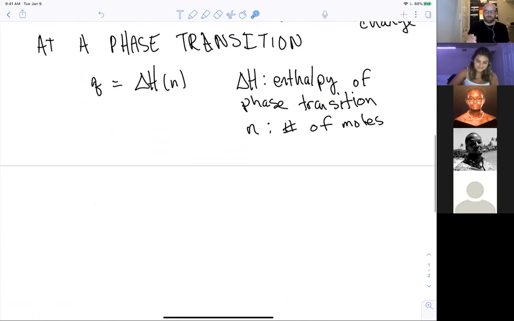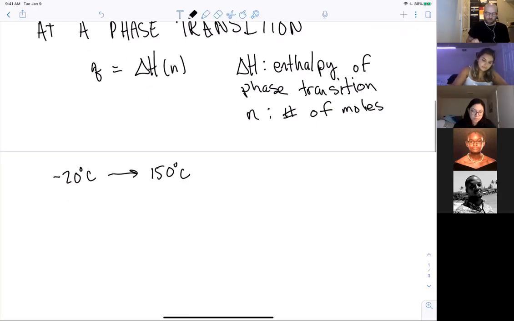And so if we wanted to write this out, the general problem is that we're going from minus 20 degrees Celsius at atmospheric pressure to 150 degrees Celsius at atmospheric pressure. And so the way this would end up looking, if we tried to write an entire equation for it, is you'd want to break it up, the way I think about it, in terms of what's happening at these distinct temperature changes. So the phase transitions,